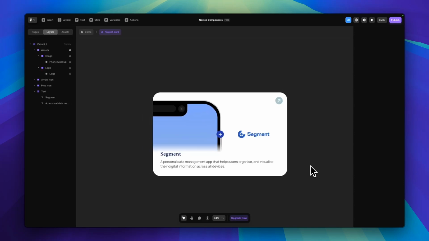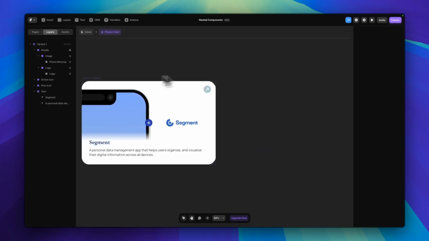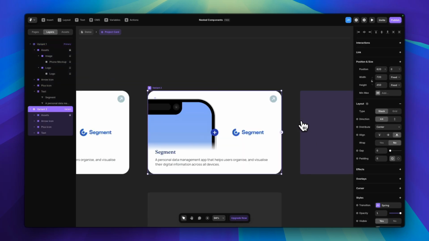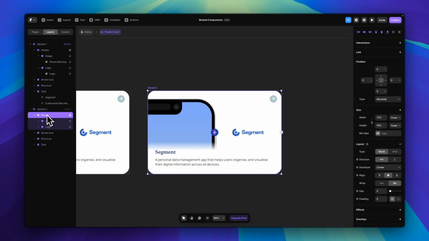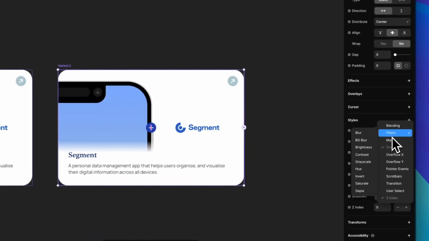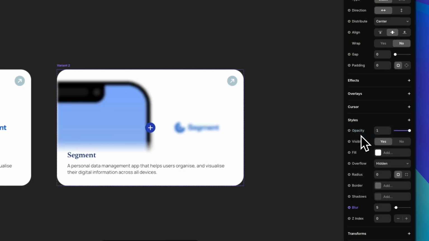Cool, now let's create our next variant. So the other type of variant we want, if you remember from the demo, is a kind of blurred version of this card. And that's pretty easy to do. We just need to select this assets panel. I'm going to unlock it, and then I'm going to add a style, add a filter, and add a blur